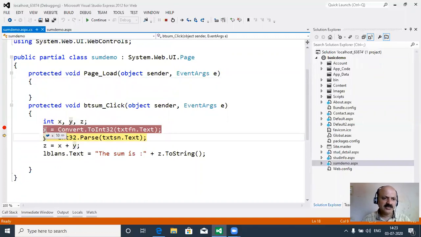Here now x is assigned the value 10, that is, the first text box value is assigned to the x variable. Okay, the y value is still 0 because that statement is not executed. I press the F11 function key further. So the y value now holds 20, after executing that statement, the text box value being assigned to the y variable. Now the z value is also 0. I press F11 further. So the z value is 30 now, 10 plus 20 is 30.